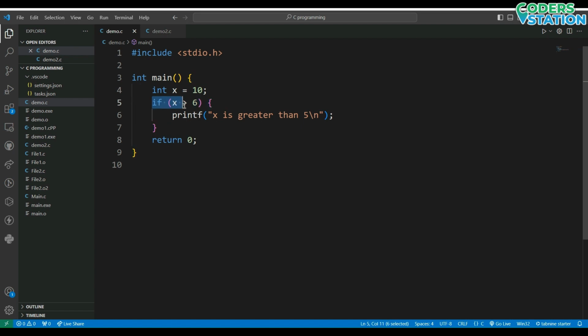Then we have written the if statement with the condition that if x is greater than 6, then print this statement. So this statement is, if x is greater than 6, then we have to print x is greater than 5. Okay, now let's execute this statement.